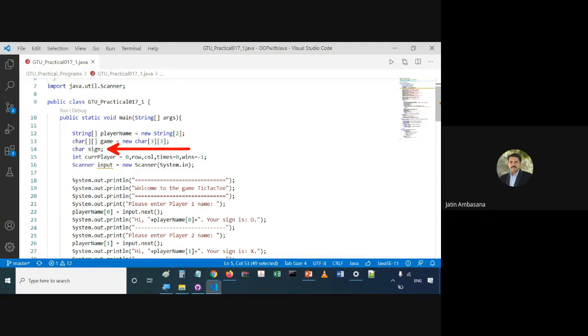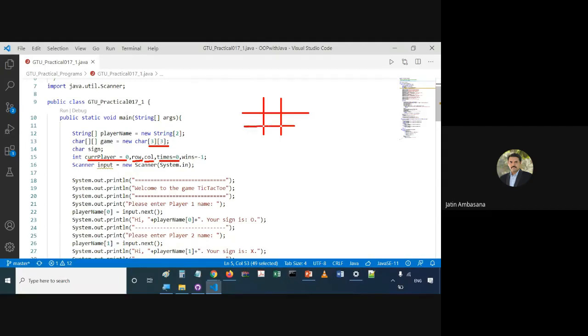Then sign represents the current sign that you want to put, that is either X or O. Then you have current player equal to 0. Then we have row number, column number, and times. See, this is a 3 by 3 matrix, so there will be about 9 locations only, right?